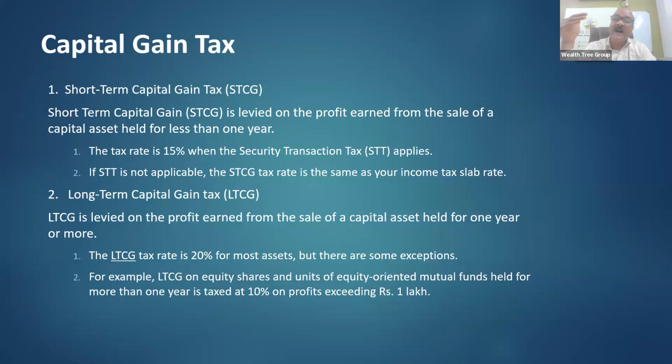Another way of saving tax here is that there are some specific government bonds which give you around 5 to 5.5% return, where you can invest up to some limit, I think up to 50 lakhs. You can invest that money in those bonds, which are tax exempted. But again, they have a locking period, and you need to wait for so many years. So this is about capital gain tax.